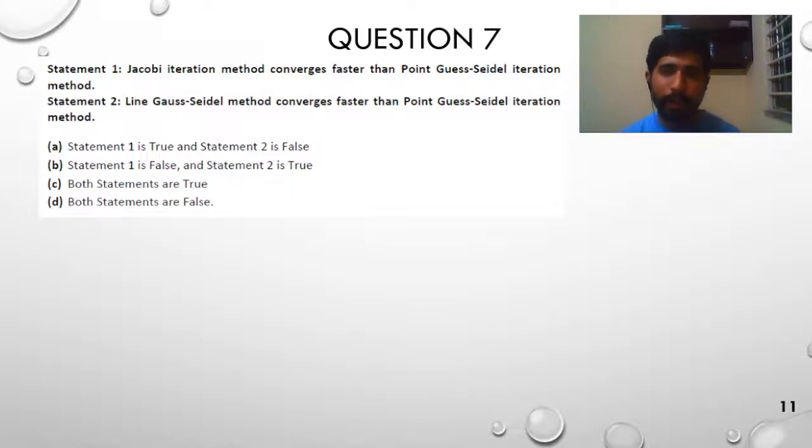But in Gauss Seidel we do that. We have the k plus 1th iteration value at the first grid point, so when we are calculating the second grid point, we take that updated value directly. So it is faster. But what about